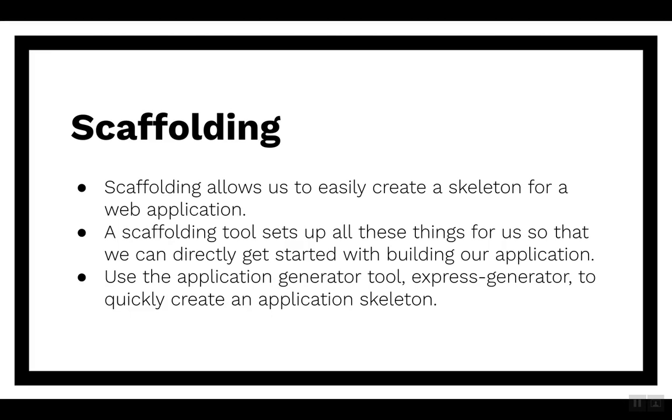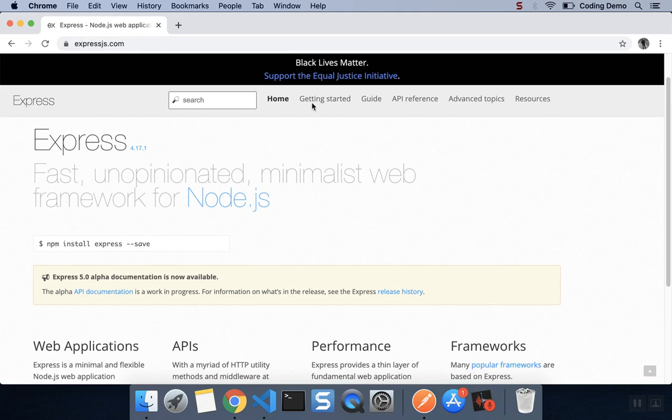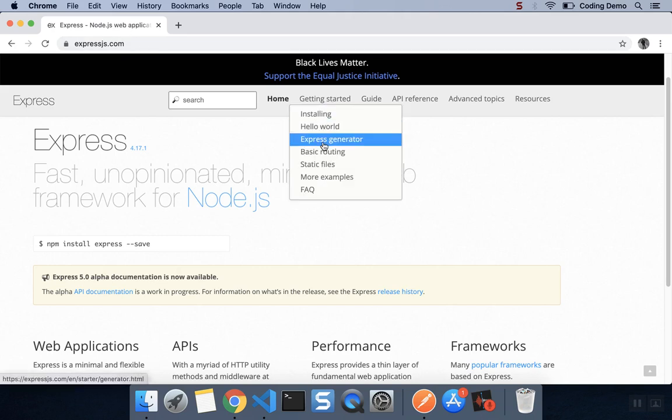Alright, scaffolding. Scaffolding is an easier way of creating a skeleton for the web application. I don't recommend using scaffolding in the beginning of your career in ExpressJS, but as soon as you get comfortable with ExpressJS and start working on multiple projects, that's when I would recommend using scaffolding tools. One of the most popular scaffolding tools is actually provided on ExpressJS's own website. It's called Express Generator. So if you go to expressjs.com and select getting started and select Express Generator,